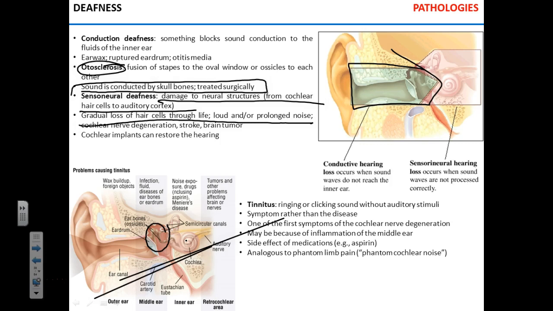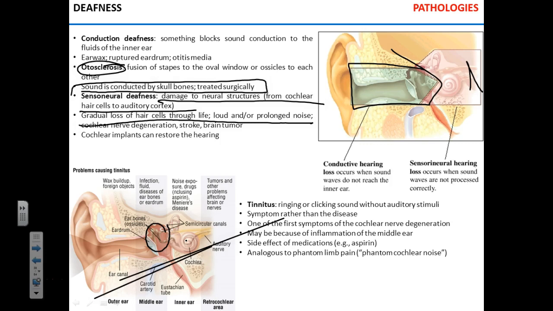Any damage to the structures of the spiral organ. Okay? Hair cells die and that's it. Older people usually have lower hearing just because of the lifetime exposure to the sound and death of the hair cells and so on and so forth. Of course, damage to the nerve. Okay? Of any sorts. Tumor, stroke,